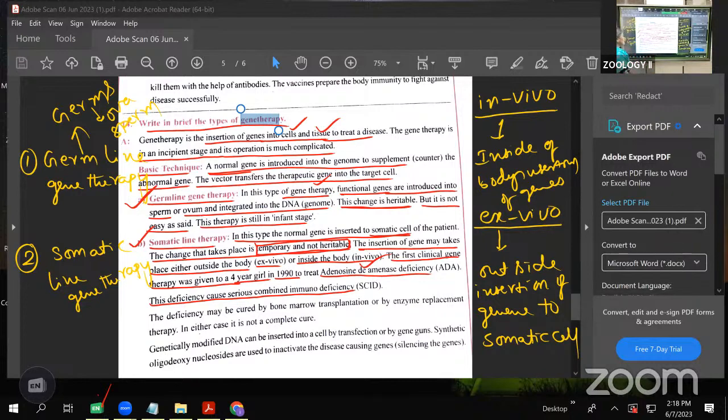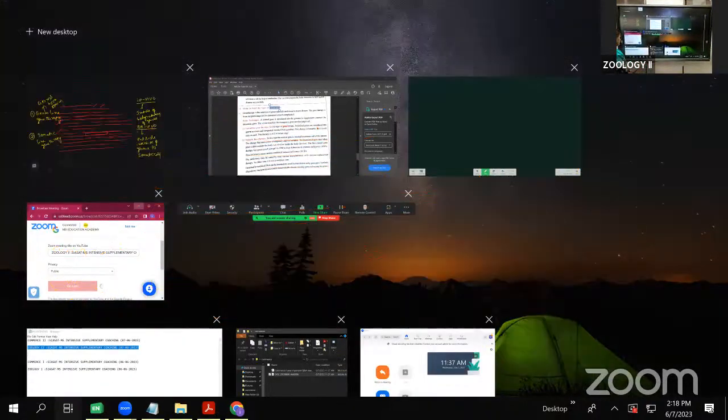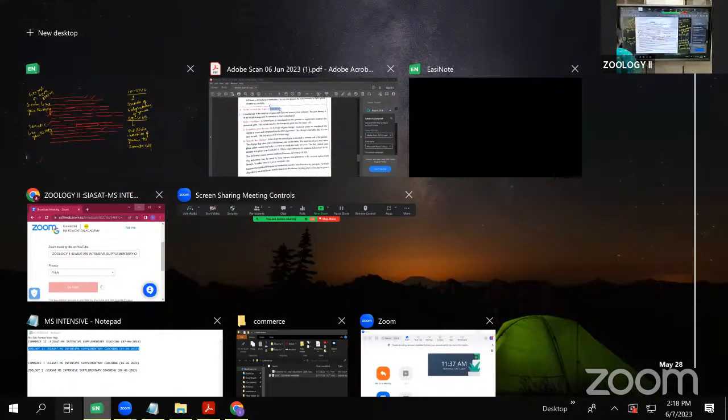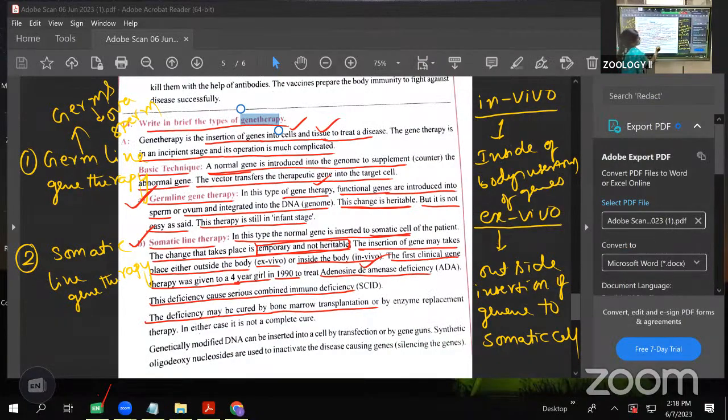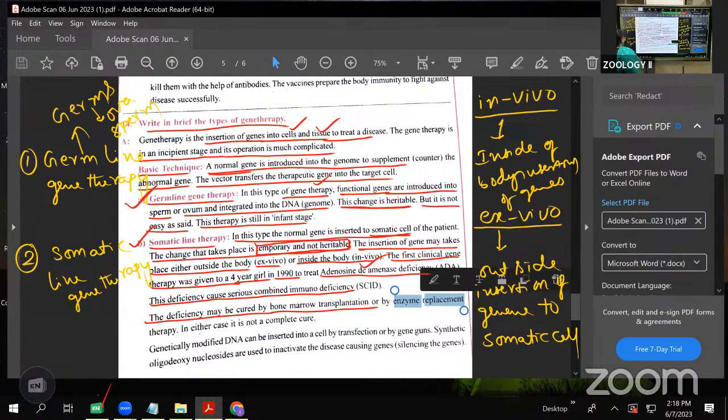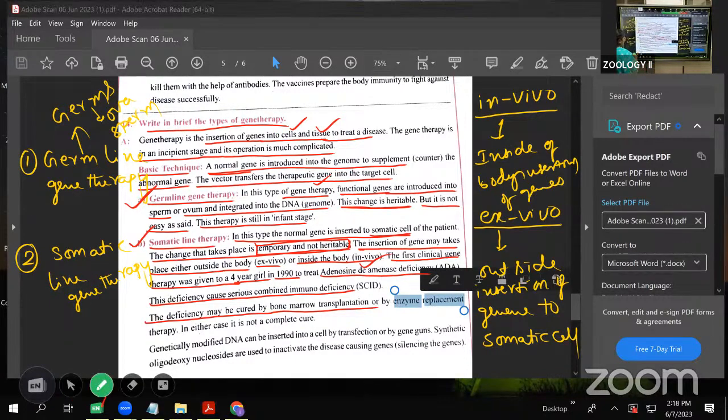Here next, the deficiency may be cured by bone marrow transplantation. This disease is mainly cured by the bone marrow. This deficiency may be cured by bone marrow transplantation, also we can prevent this type of disease, or by enzyme replacement therapy. Also by enzyme replacement therapy we can cure this one. Clear? Enzyme replacement therapy. Clear? In either case, it is